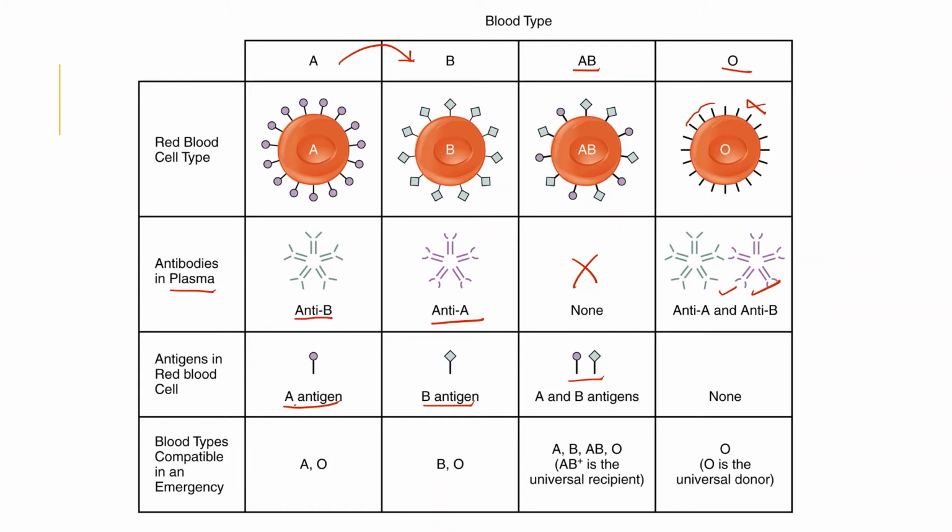Now what happens? If the person who has blood group A, by mistake, has his blood transfused to a person who has blood group B, the antibody A will react with the antigen A present on the RBC and they will form a clump. This is known as agglutination. Students, agglutination is different from clotting. Clotting and agglutination are totally different things.